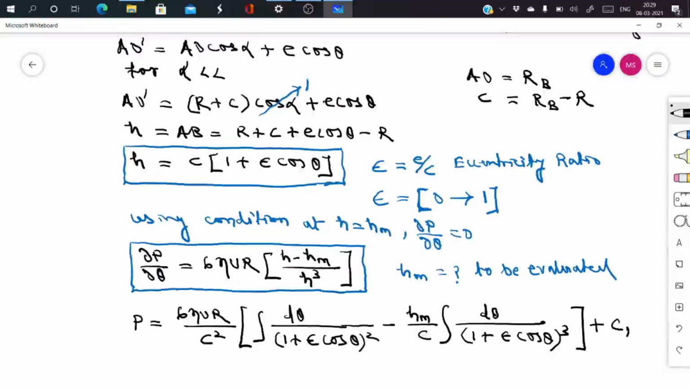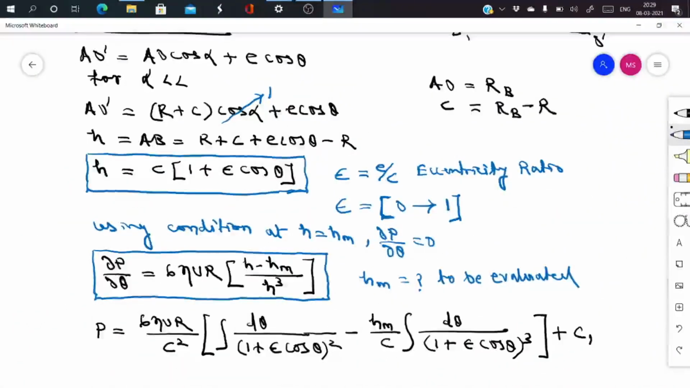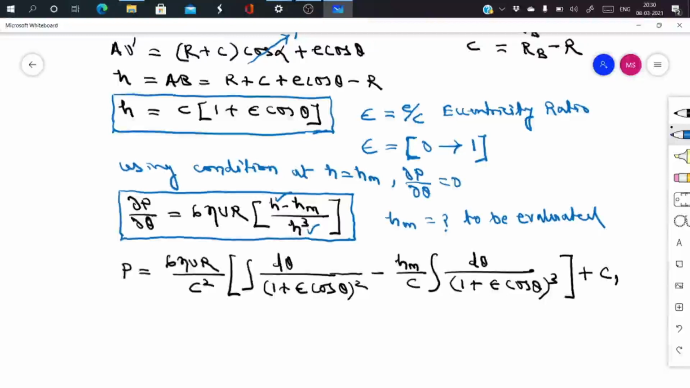C1 is a constant, the integration constant that we got by integrating once with respect to theta. We are not basically integrating, we are just substituting the value of H here, and just writing the integration, but not solving it. It's not easy to solve. So now let us see how to solve it. So let me write this P equal to